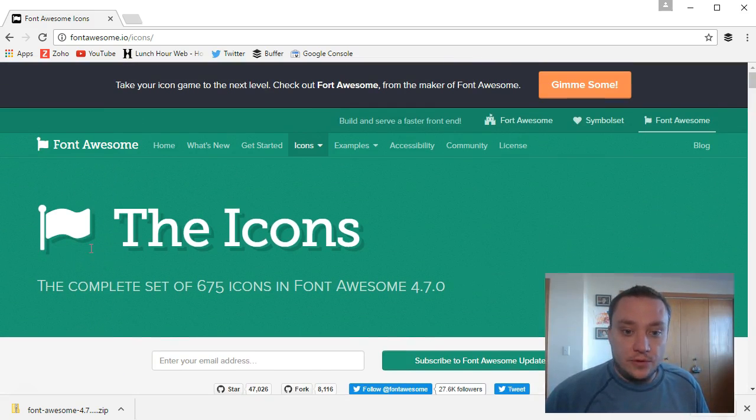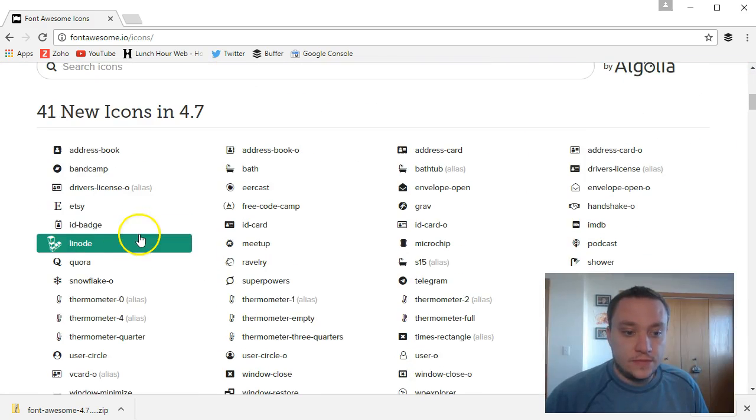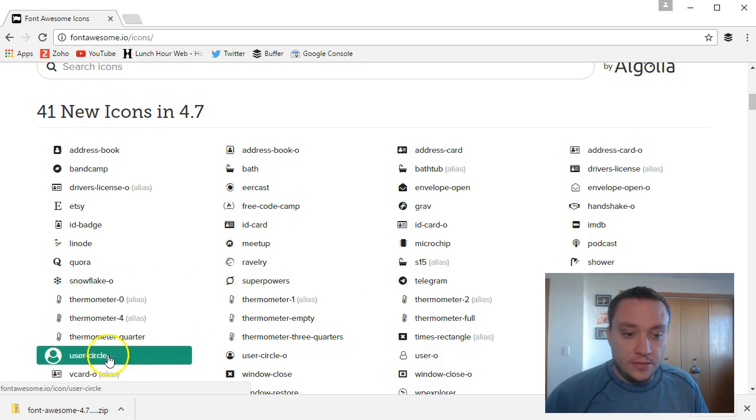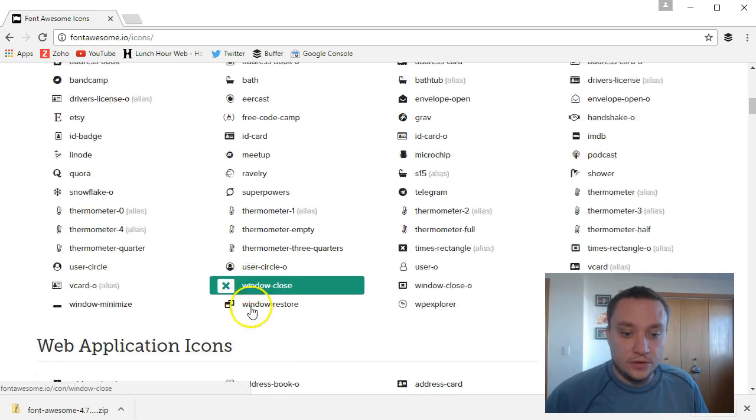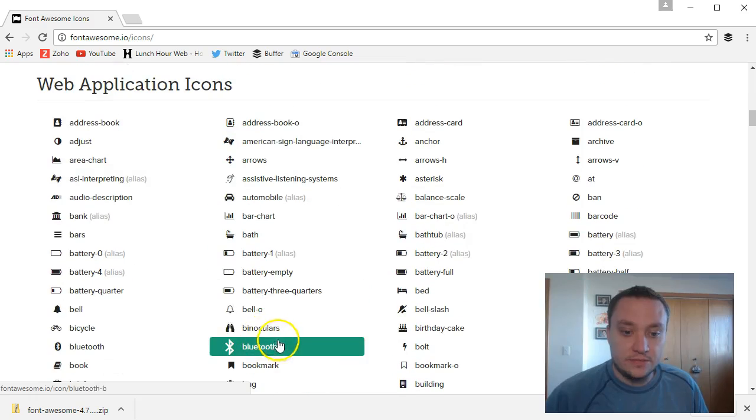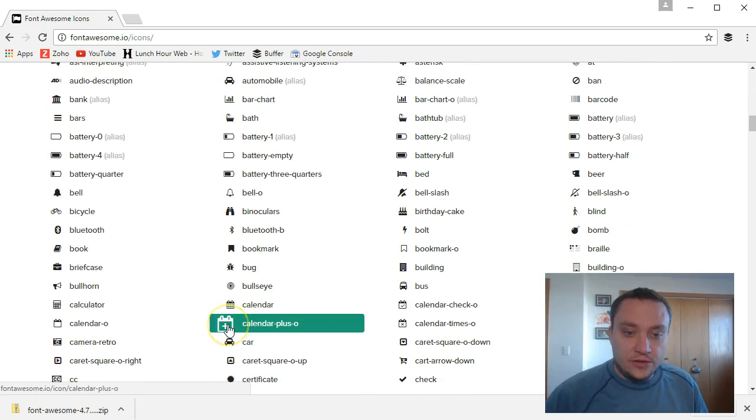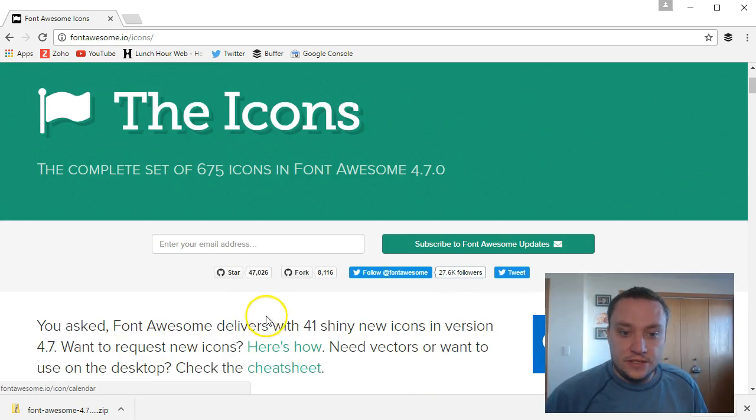So as an example, let's just look at some icons out here. You have a snowflake, thermometer, a little user and a person in a circle, address book, bell, birthday cake, calendar, and so on. I mean, what they have out here, it looks like, is 675 different icons